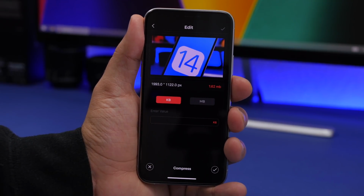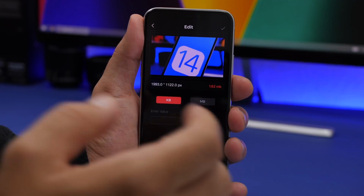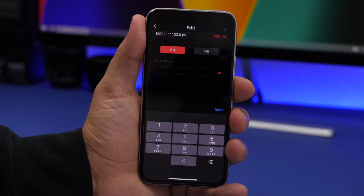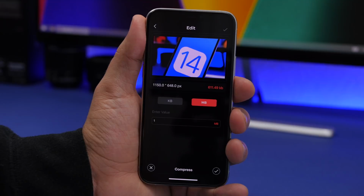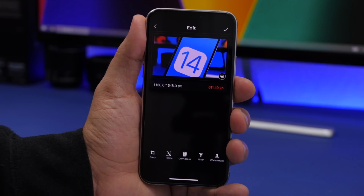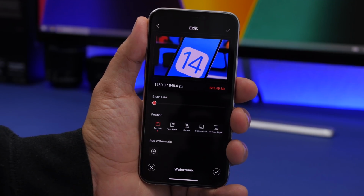This is very useful. So you have a large image that you want to upload somewhere or send to someone, you want to make it smaller, then you can go ahead and just enter the value right here. So you can see it's 1.6 megabytes right there. So let me just go ahead and put one right here. So now it will be compressed and now it will be 1 megabyte. So just like that, you can go ahead and compress, resize, add different filters, or even add different watermarks to